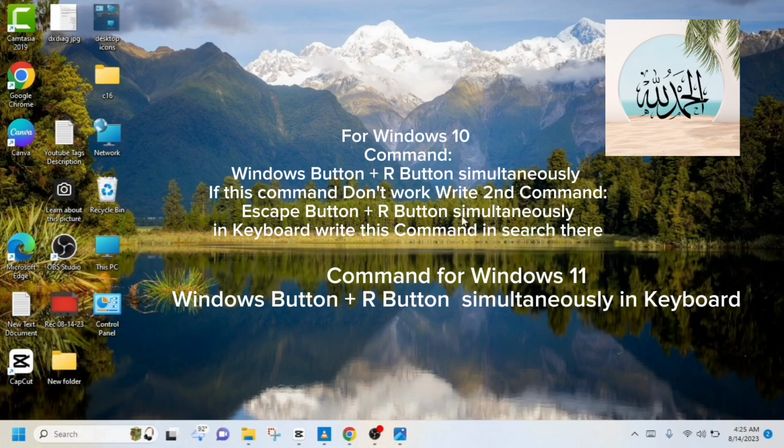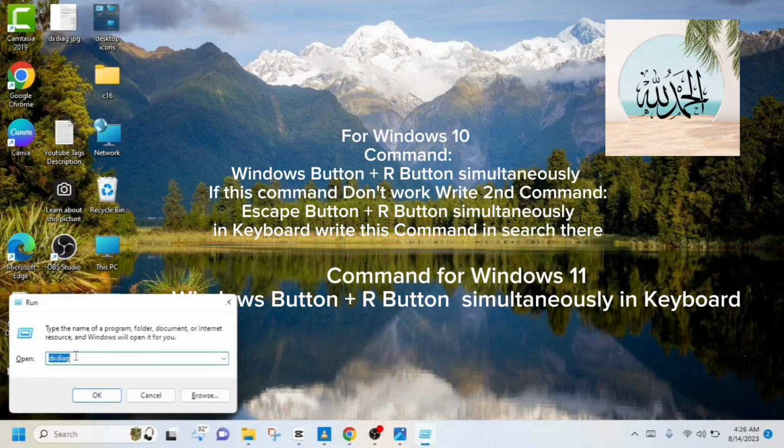Windows 11 user should use this command. First of all, press Window plus R button from your keyboard. As you can see that the search box has been appeared. Okay, now the same command Windows plus R can apply Windows 10 user also, but in case of if the search box does not appear, so Windows 10 users can apply